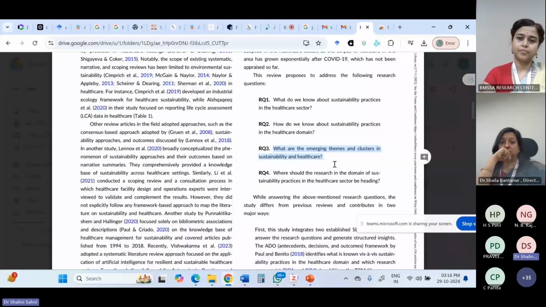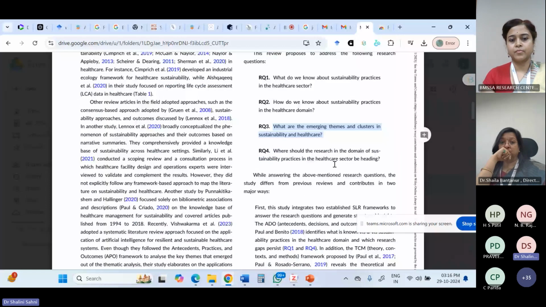And where should the research in the domain go? Every SLR or every review paper, please remember, should always end with future research directions. There is no SLR paper which can be accepted by any good journal if the FRDs are not there. FRDs means future research directions. Now, why is it there? Why do we say that? Because